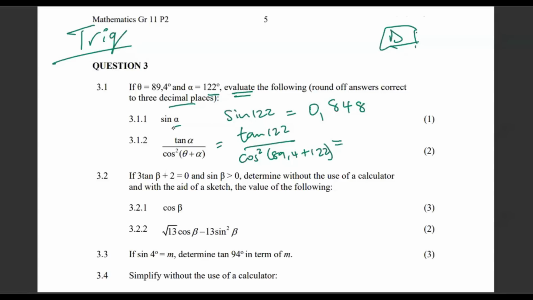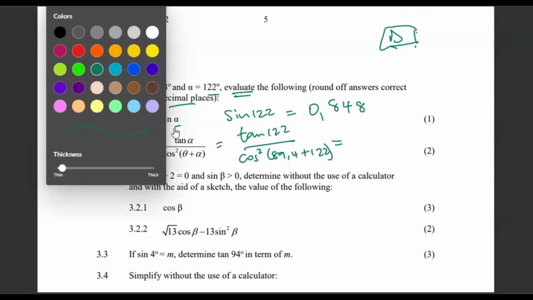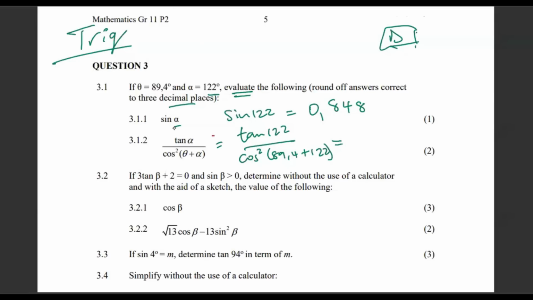Close the bracket, you square it. So this is going to be negative